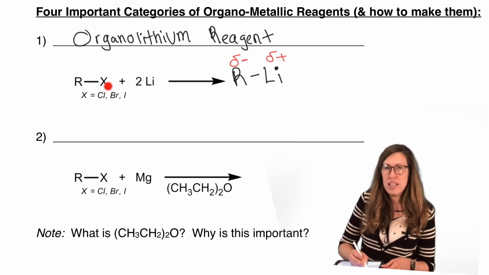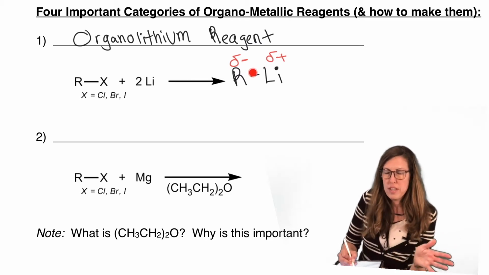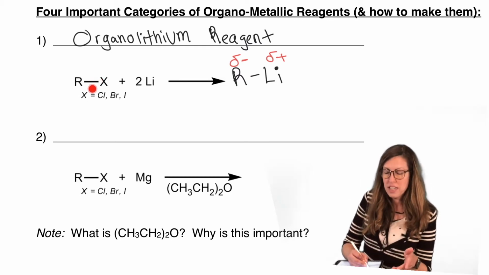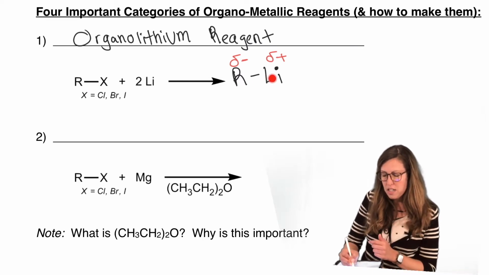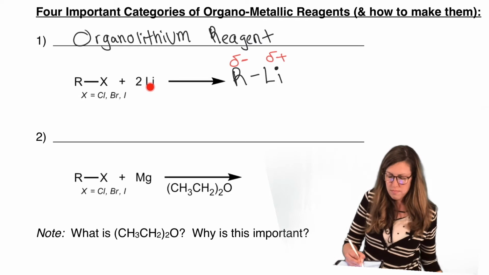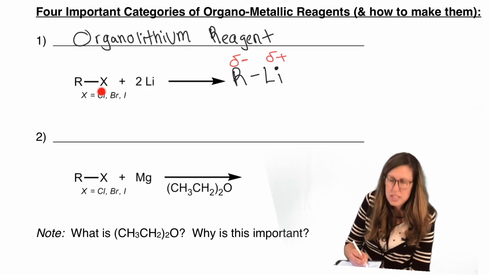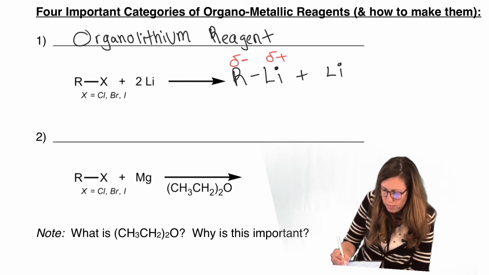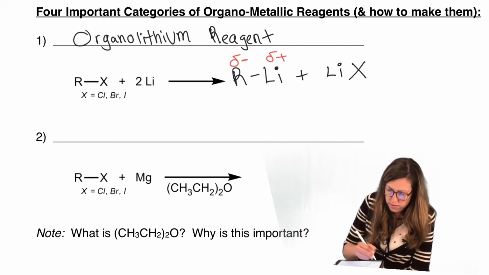An alkyl halide. So you don't just go and say, if you're doing a synthesis, for example, I'm just going to add whatever organolithium I want. Usually you're asked to make it first instead of buy it. So you make it from an alkyl halide, and we all know how to make alkyl halides if we had to do that. And then from there, how do we make it? We add lithium. And then notice there's two. One of them goes here, and the other one whisks away our leaving group. So we get a salt. And that is not something we are going to draw every time. I'm just drawing it so that you are aware of why we used it. That's our nucleophile there.